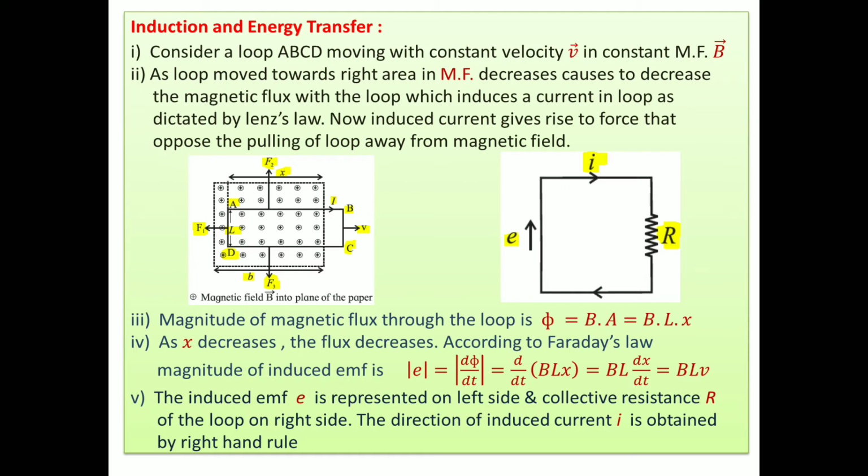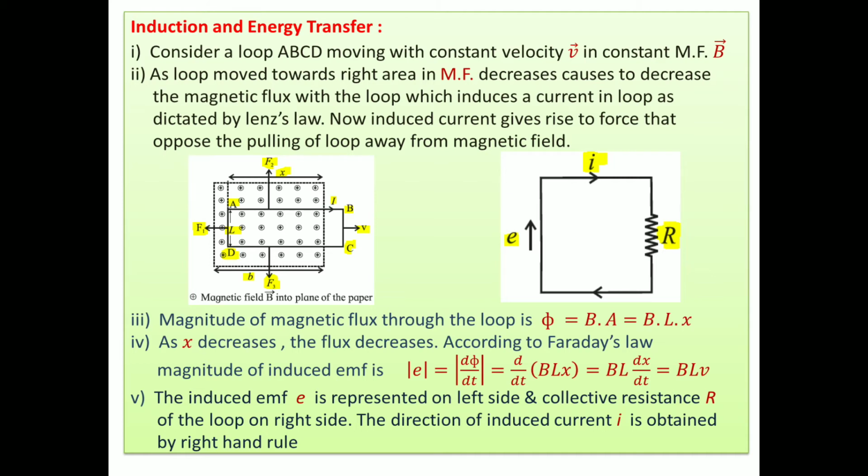Then what happens there? As soon as current is set up, now we go through the 4 sections of the loop. Look here, section AD is there, section AB is there, section BC is there, and section CD is there. Now these are the 4 segments, means 4 conductors, and for a current carrying conductor, as soon as current is set up, what happens? A conductor kept in the magnetic field and carrying a current is exerted by a force, and this force is BIL.